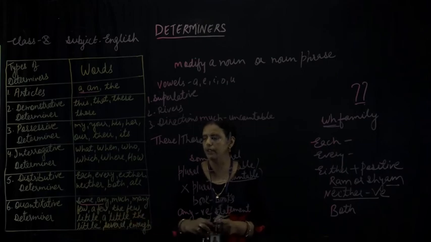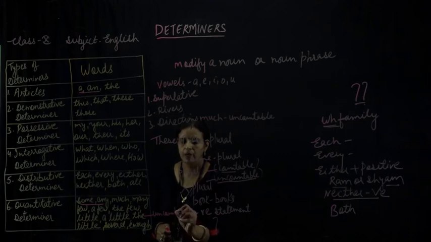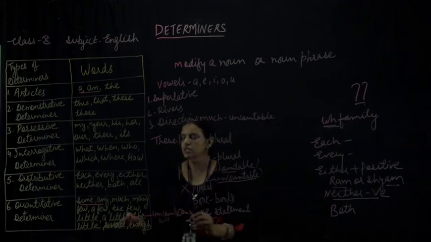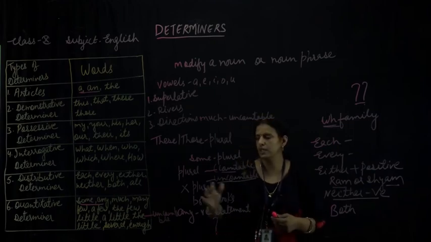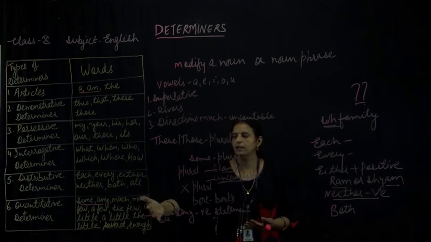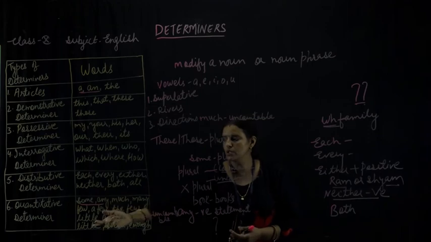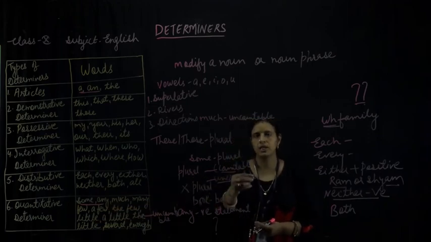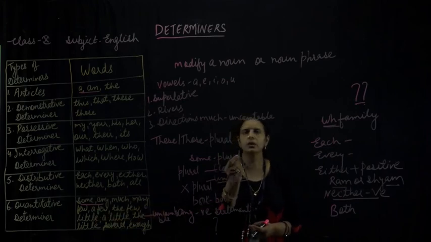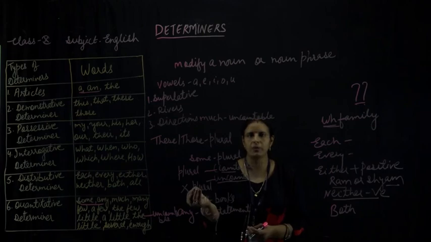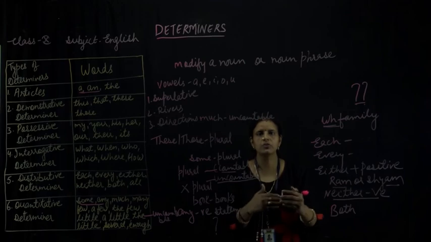Now "little", "a little", "the little" we will use with uncountable nouns. And what do we mean by uncountable nouns? I told you that these are nouns which we can't count or measure, like those in liquid form. "Little" is used when we are having the negativity. Suppose we say there is little milk in the jar. It shows that only 10 or 20 or 50 grams of milk is there. If I say a little milk is there, it shows that some amount is there.